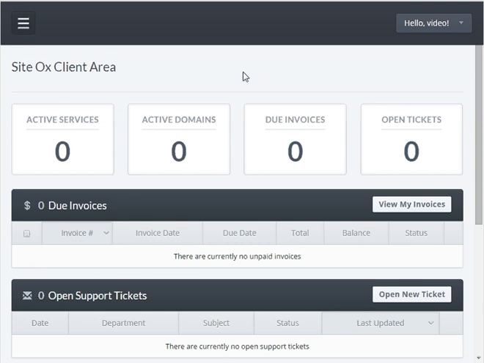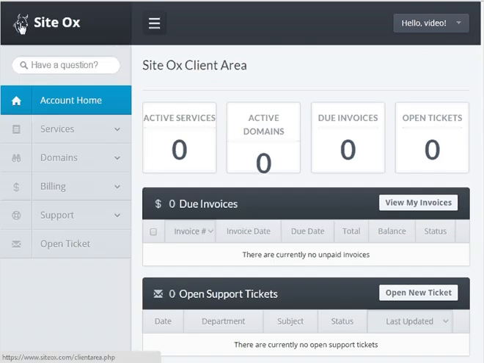The account home screen will be displayed where you can view several different types of information, including the number of active services that you have, any invoices that are due, and the number of open tickets you may have. Since this demo user account is a new account, there will not be any active services, invoices due, or open tickets. To automatically deploy a CentOS Linux VM, press the sidebar